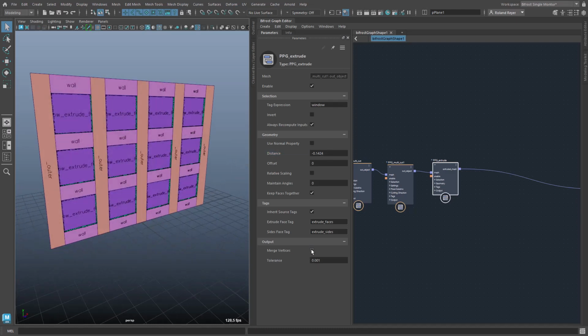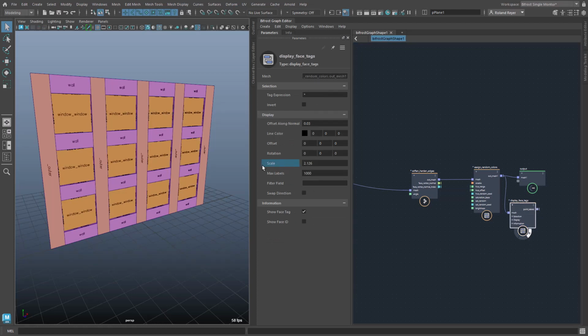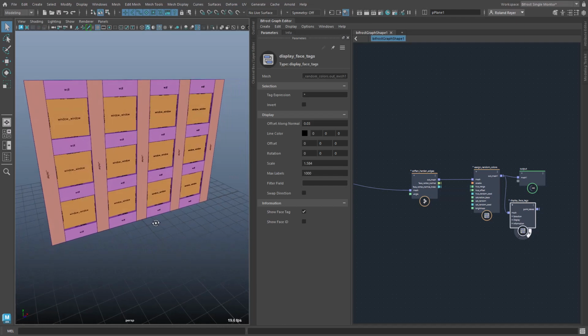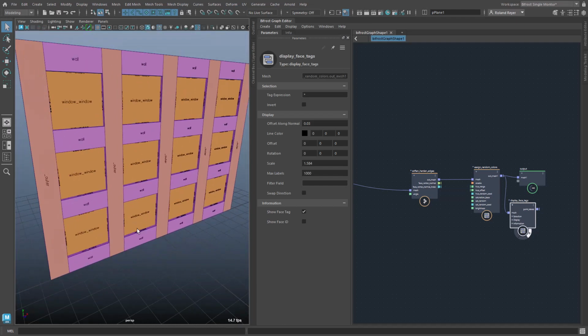So we can say these new extrude faces here are the new windows. And this is the window sides or something like that. Okay. We can make the tags a little bit smaller, it becomes messy after a while if they are too big. So what else? So now I want to go and extrude the outer ones to be, you know, some sort